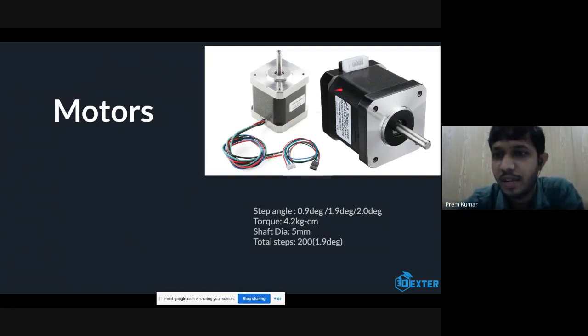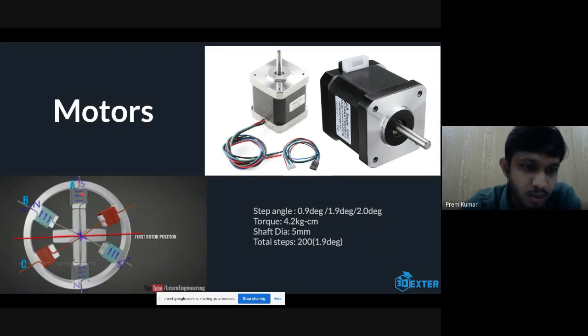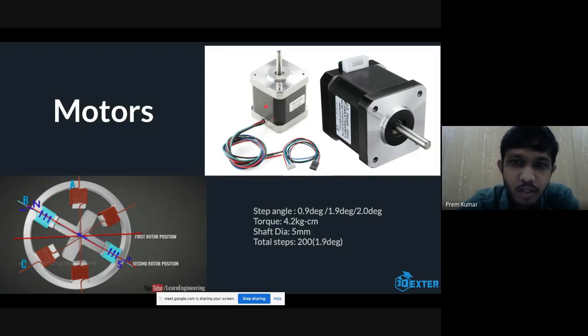So here we can see one stepper motor. They look different because one has a connector, where you can connect the wire over here, and the other motor has a wire attached. That's the only basic difference between them. Both motors are the same. In a stepper motor, I'll show you a small GIF here. If you look at this GIF, you can see there are different poles which have coils. For example, if you look at this stepper motor, which has 4 wires, it has two coils. 4 wires means 2 coils.